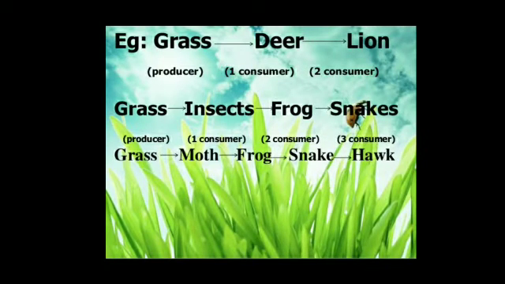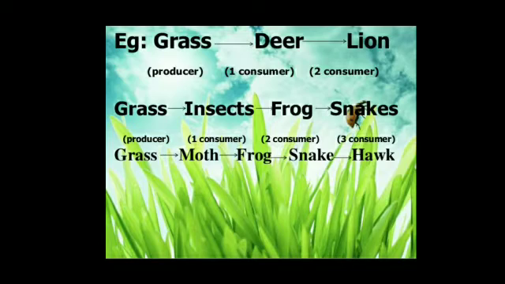For example, this is a food chain. At the first step, grass, that belongs to the category producer. Second one, deer, that is considered a primary consumer, and the third one, lion, that is considered a secondary consumer. So this is a food chain and it is of 3 steps. So you can see each living organism is dependent on other organisms for their survival, or you can say for